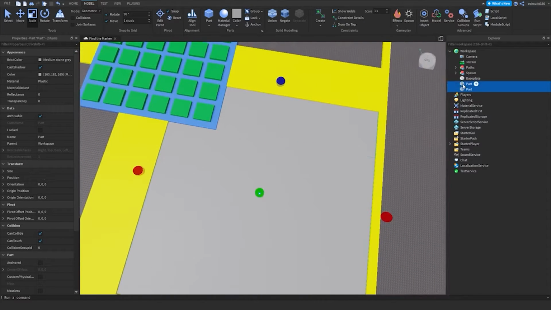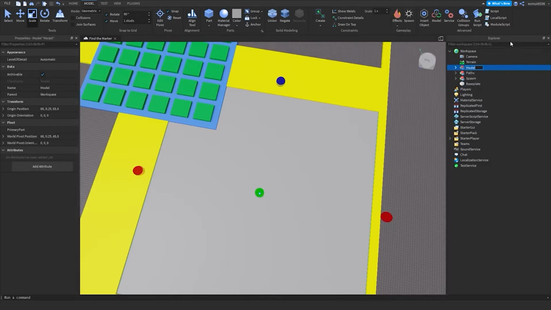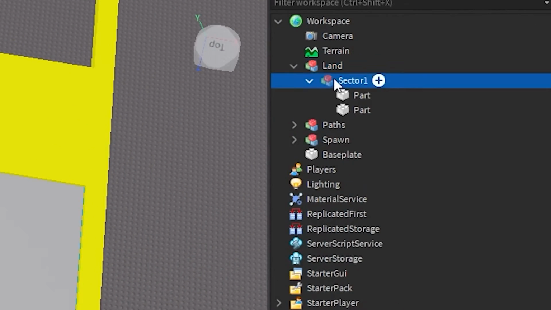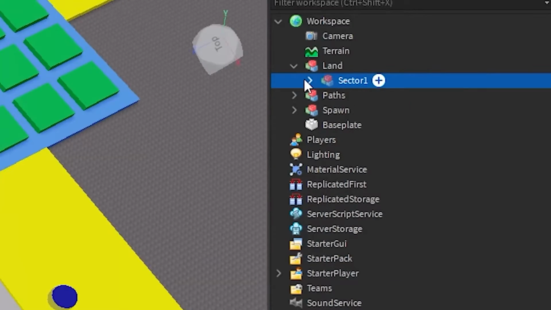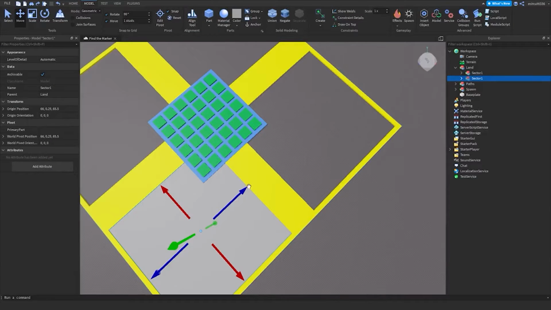Select both of these parts, group them, and rename the model to land. No, actually I'm going to rename this to sector 1, and then I'm going to group it again and rename it to land. Now what we have here is land, and then sector 1, which is of course this area here. This is a nested model, so if we duplicate this sector 1 and we move it over here,